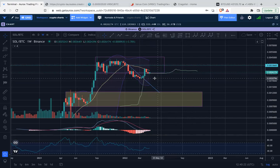above the Ichimoku cloud. Otherwise, eventually you're just going to break down below the Ichimoku cloud, come to test this level, and maybe even break down to the lower levels down here. That's most likely in that case. But you know, you do have some hope here. This could have been a deviation out of this boxy range. And then from here, you would be going to the upper end of the range, maybe not necessarily to touch the top of the box, but you might make it to the top of the Bollinger Band, which is relative to these upper levels here. So those are the 2 directions for